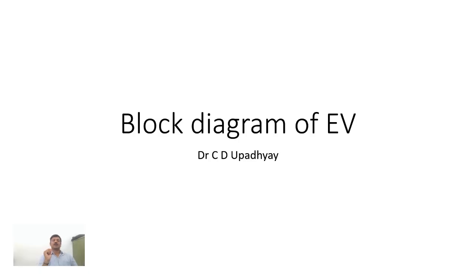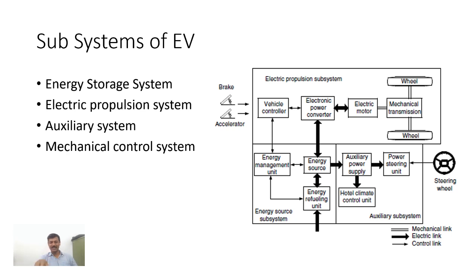So overall, if you look into the diagram of the electric vehicle, that is the block diagram of electric vehicle, we'll have mainly four subsystems. So now this is a detailed diagram of the electric vehicle. Here you can see that different systems are divided. So first is the energy storage system. Okay, and the energy storage system requires refueling, that is nothing but our recharging system, then the energy sources itself,